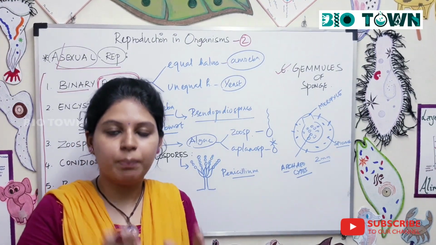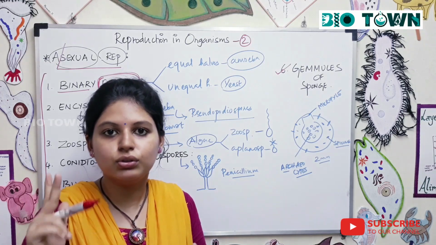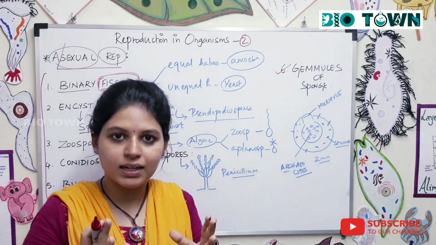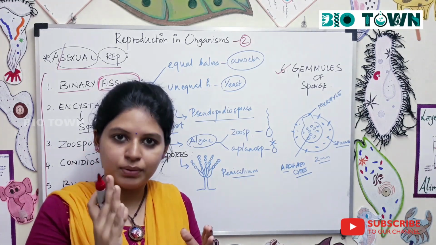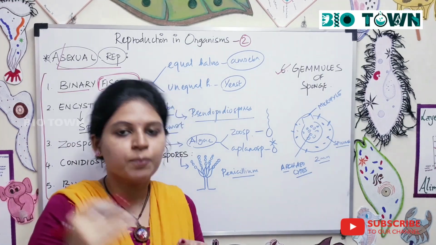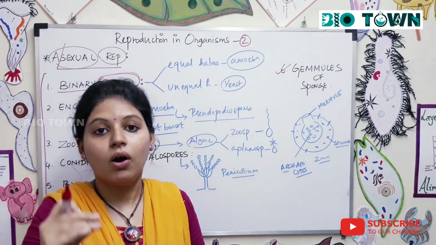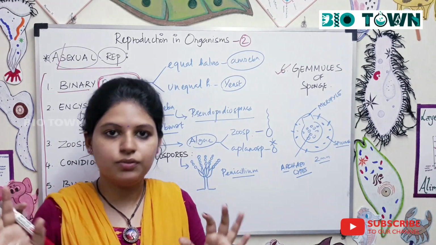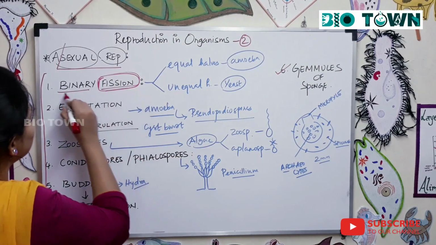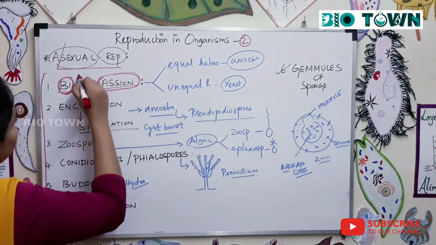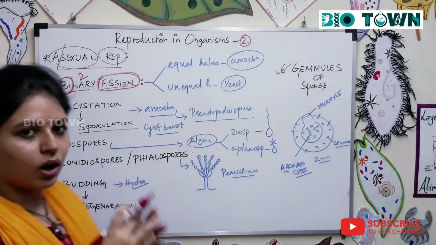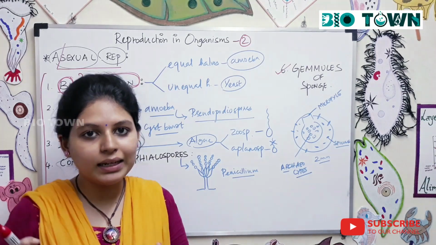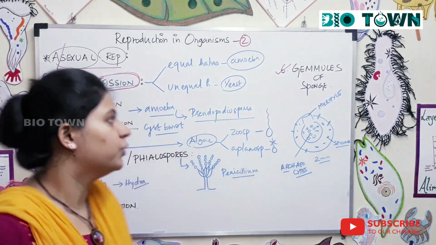Where a single parent is divided into 2 daughter cells, and that is called fission, where in an organism there is a slit or a cut in between. It could be a horizontal cut or a vertical cut, or there is no plane of division, but daughter cells are formed. So that is fission. In binary fission, bi means 2, where the daughter cells are from an equal plane or from an unequal plane. So let me explain further.